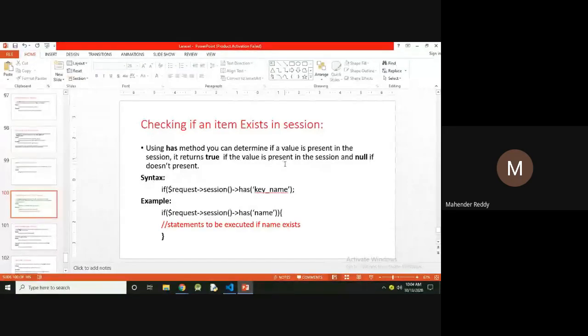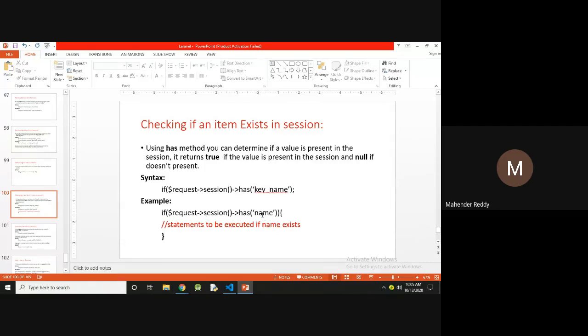So by using the if condition, you can check whether that particular session data is available or not.